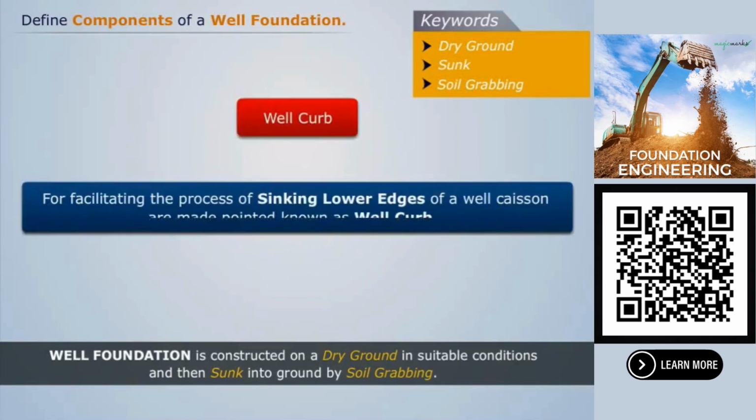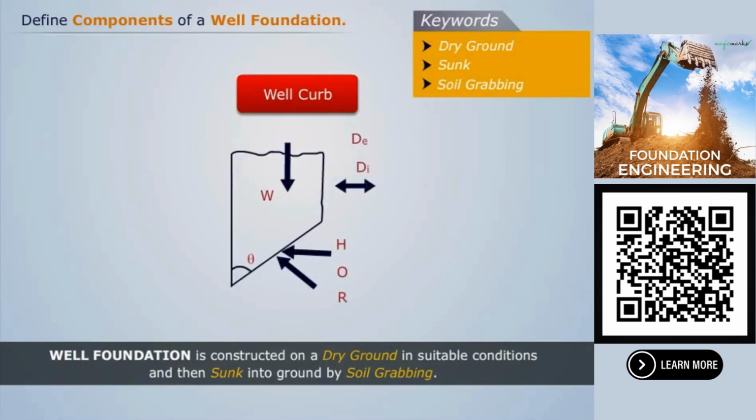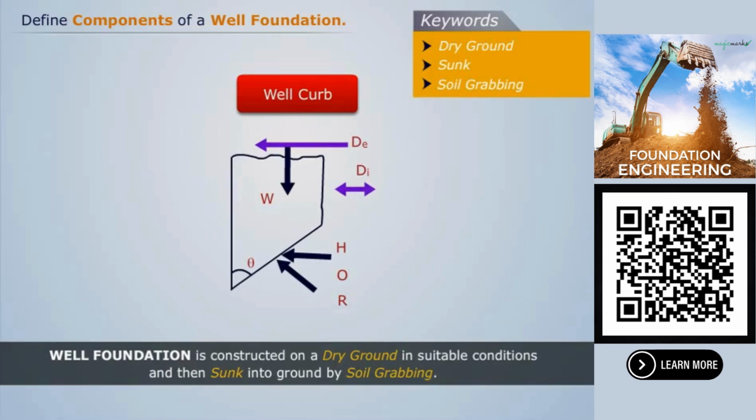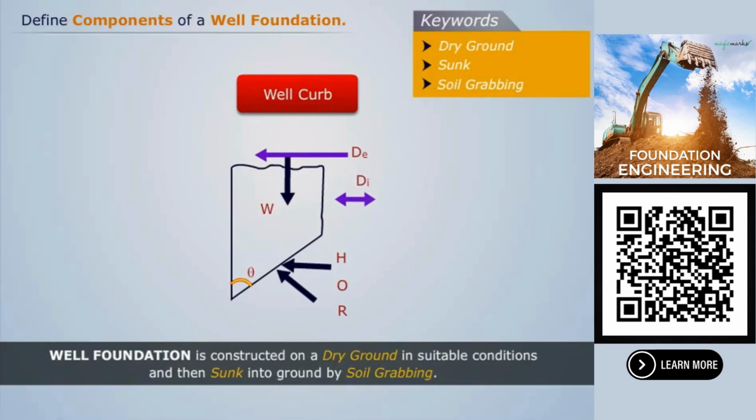Well curb. For facilitating the process of sinking, lower edges of a well caisson are made pointed, known as well curb. DE is the external diameter of well. DI is the internal diameter of well. The angle of the pointed edge theta is decided in accordance to the force applied on the sink of the